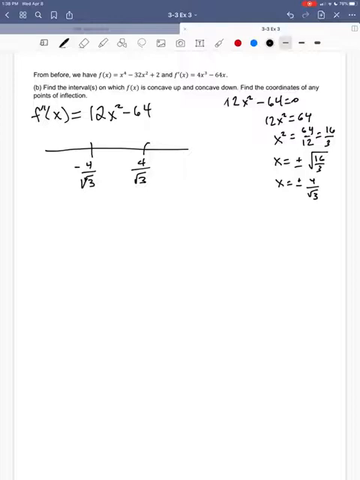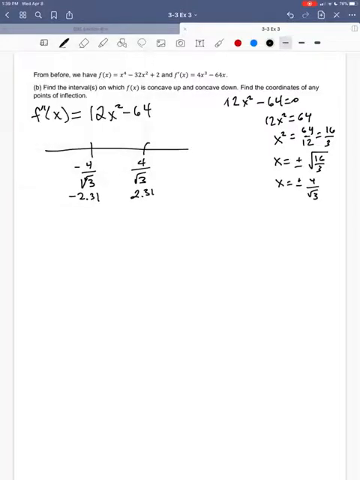You might want to figure out, we're going to need test numbers on either side, so we sort of need to know about what decimal this is. If you do that on a calculator, we get that that's about negative 2.31 and positive 2.31 if we do those as decimals. So if I look at intervals around here then,